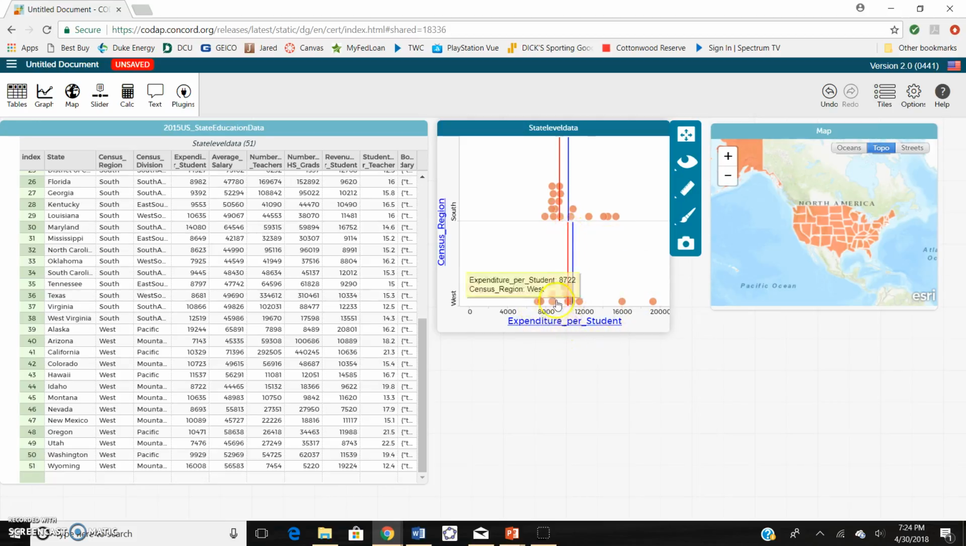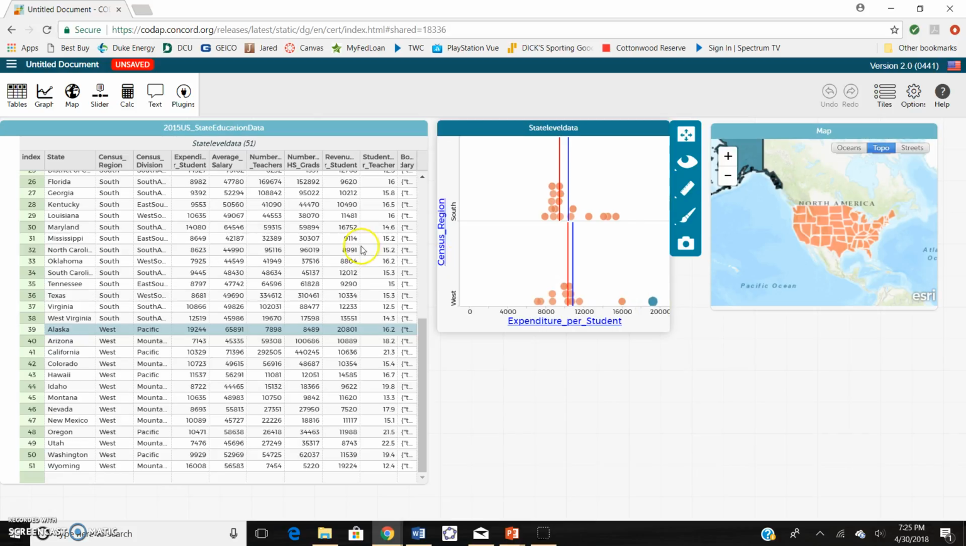So I have another collection of data here, and my statistics are telling me that I would rather teach in the West because I will have more money to spend on my students if I teach out West. And there are a lot of states out here, but if I wanted to look at opposite ends, Arizona has the lowest expenditure per student with 7,143, but Alaska, way up here, has the largest with